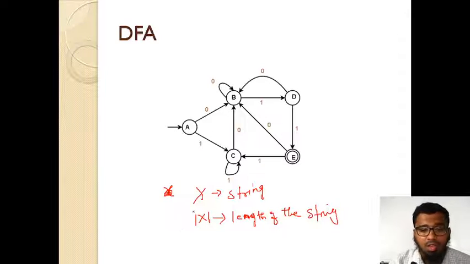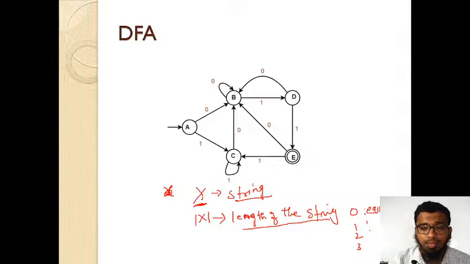I hope you remember this. If it is a normal x, that means a string. If x is in the mod, then we will consider the length of the string. So when you do the equivalence, the length of the string is very important. If the length is 0, or 1, 2, 3, based on that we will get the equivalent. Once we do this problem, then we can easily